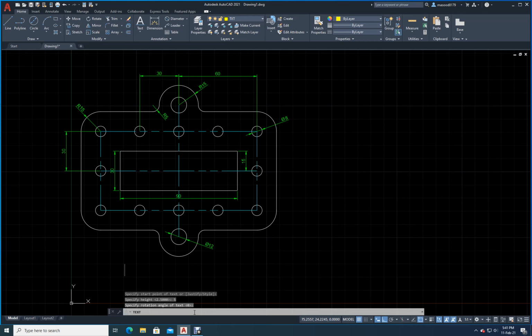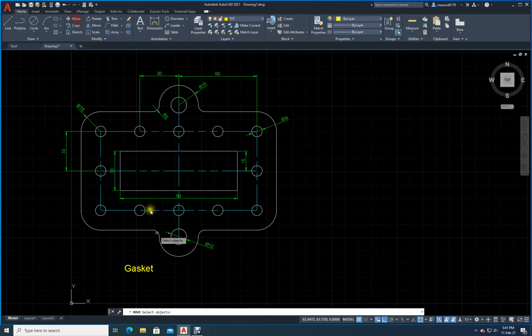Enter. Now just type the text. What is this? Gasket, G-A-S-K-E-T, gasket. Okay, click anywhere. Now it is somewhere there. Just use move command like any other line. Sorry, escape first. Move. Just bring it and put it wherever you want. That's it. Okay. If you want to say all dimensions in millimeter, we can just mention it. Almost all dimensions are there.